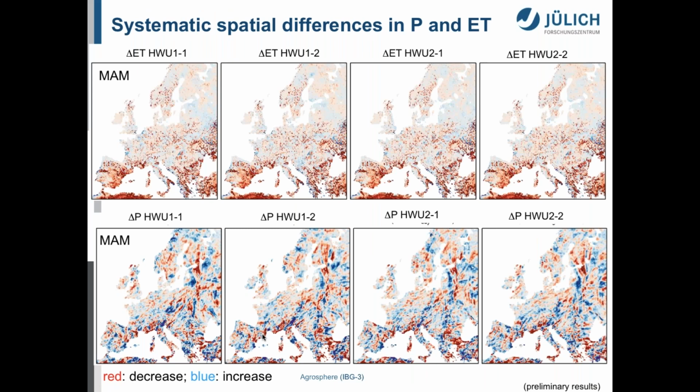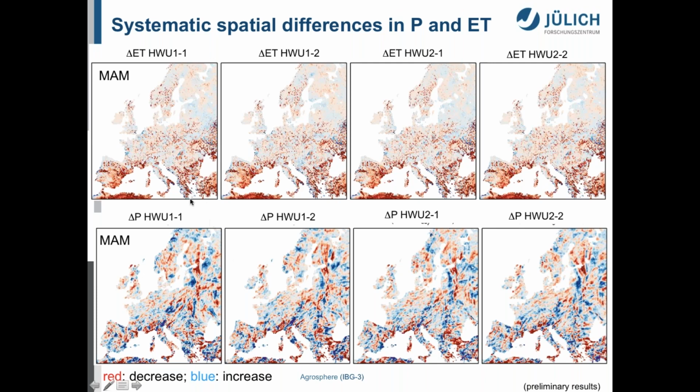Okay, so how does it look spatially? And this is really interesting. We look at the difference in precipitation, the spatial pattern of the difference in precipitation over Europe. Again, for the 4 different water use simulations, we see that these patterns are very consistent. So we see that in some regions in spring, now we are talking spring here, we have a consistent increase in precipitation, and also regions where we have a consistent decrease in precipitation.